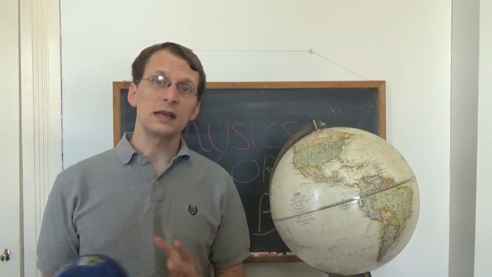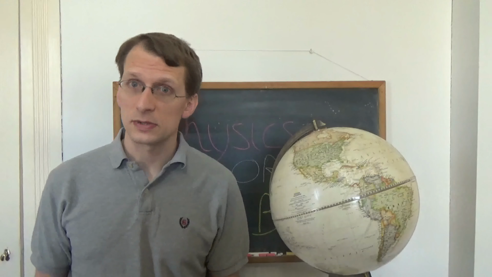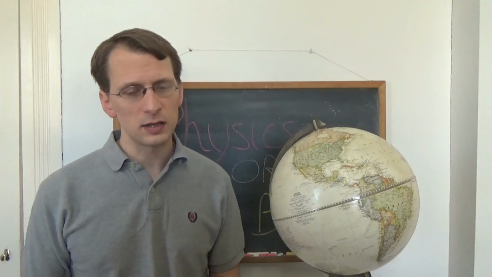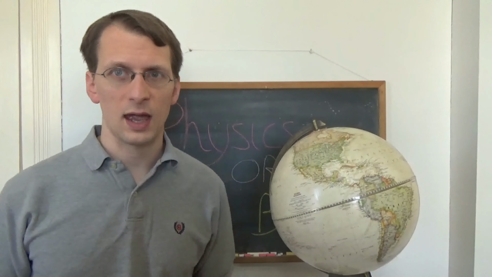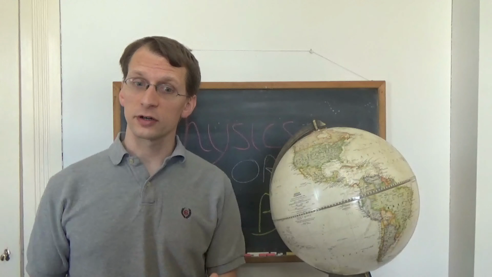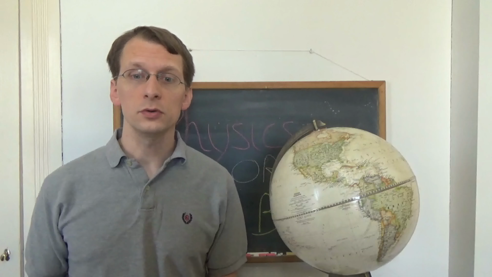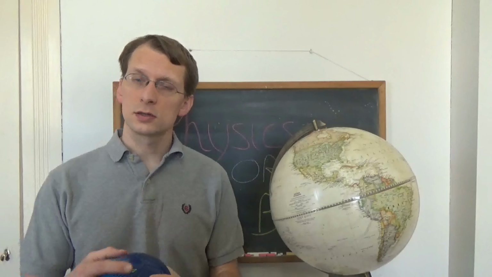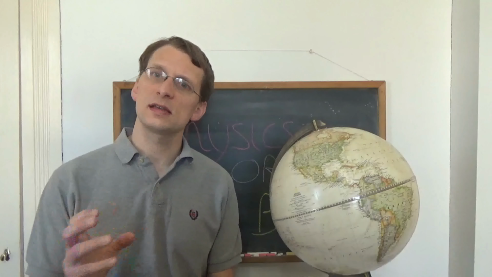But there are three different types of eclipses that can happen. There's an annular eclipse, not to be confused with annual, as if it happens every year. An annular eclipse refers to when the moon, at its fullest point of coverage, doesn't quite cover the entire sun. That happens when the moon is at its farthest point, at its apogee,